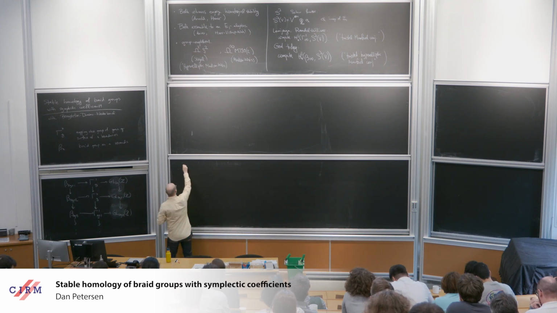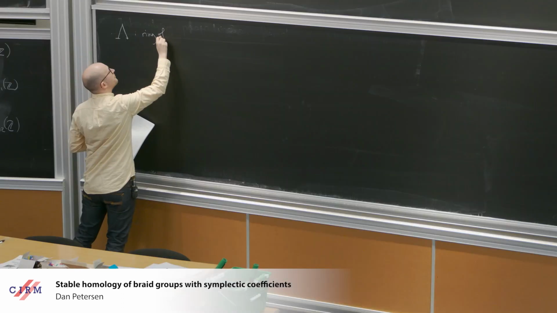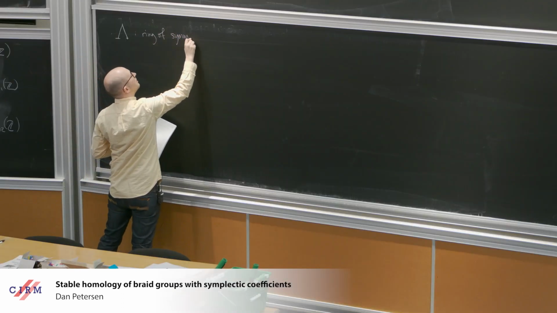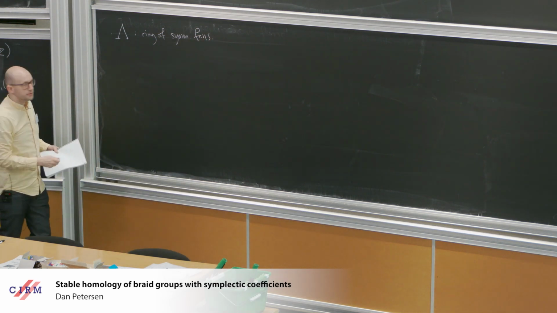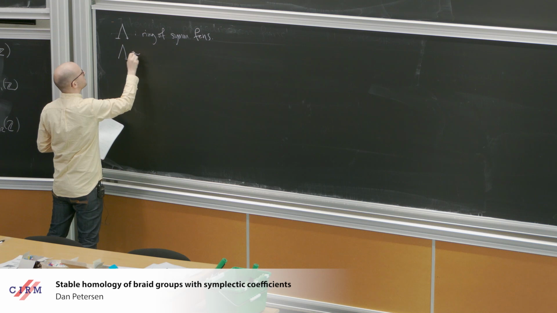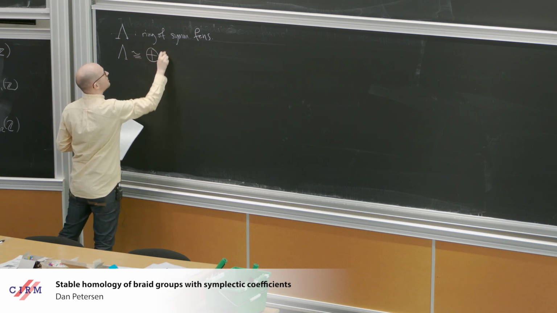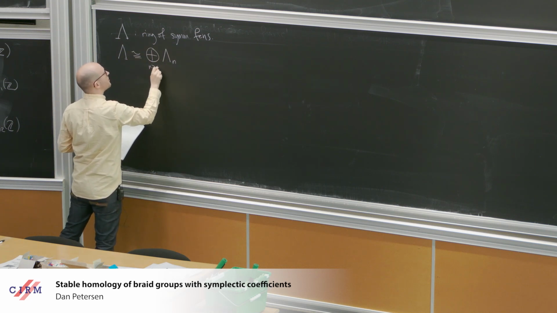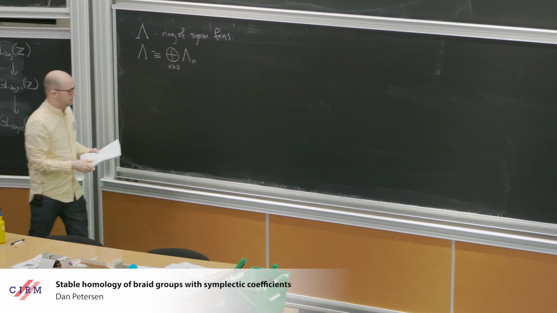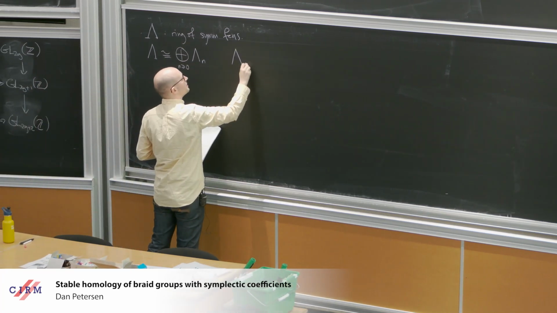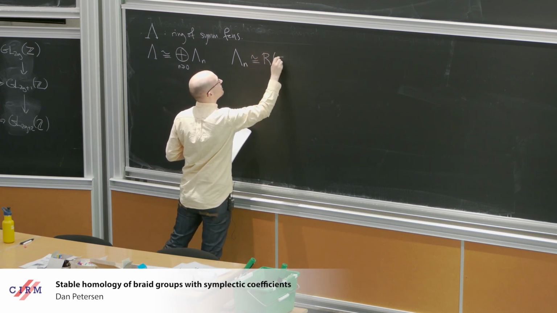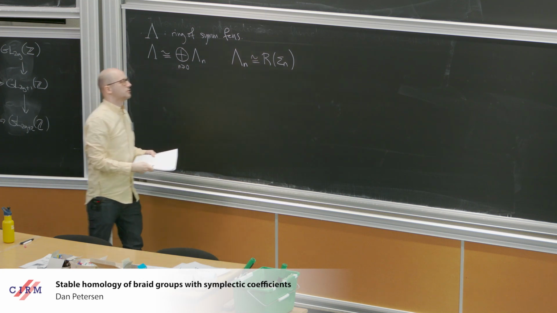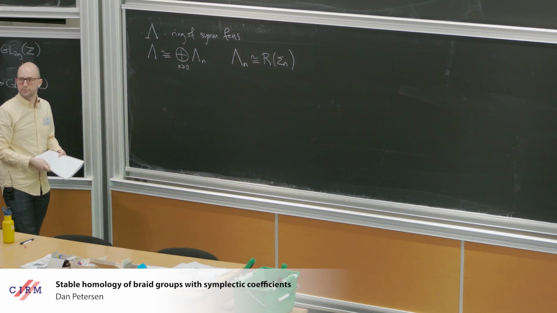Okay, so capital lambda is the ring of symmetric functions in infinitely many variables. And this lambda is a graded ring. And the key property is that lambda n, the degree n part, is isomorphic to the representation ring of the symmetric group,